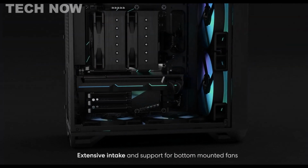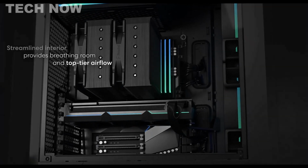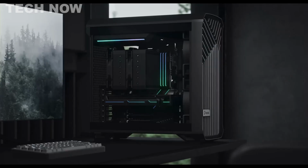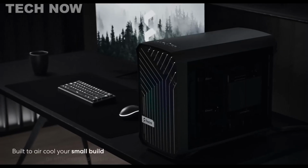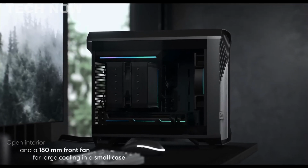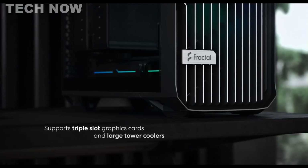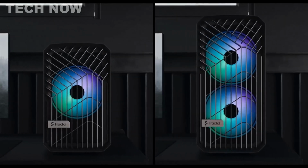Internally, the case offers a streamlined open layout with ample headroom for components and cooling solutions. It supports standard radiator sizes up to 240 mm in the front, facilitated by included fan adapter brackets. The case, available in black and white finishes, provides customization options with a choice between metal side panels or moderately